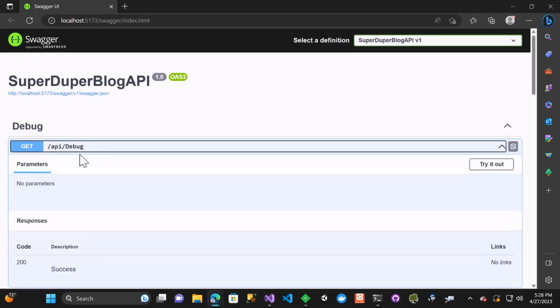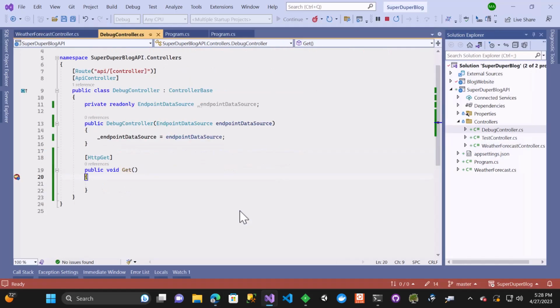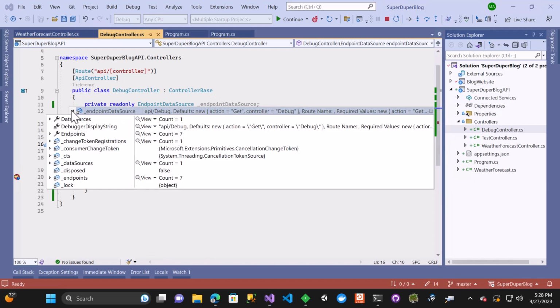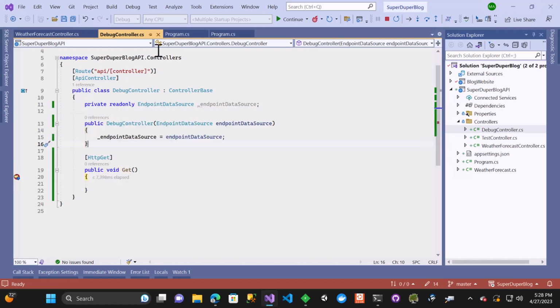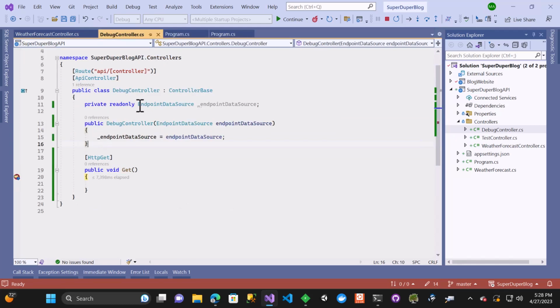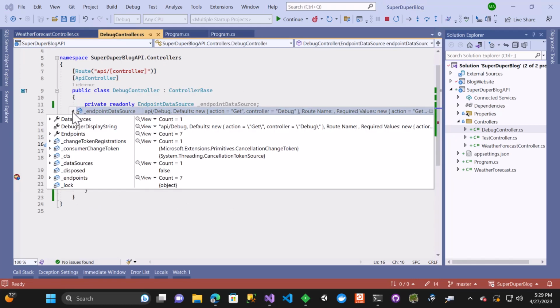And let's go to our API debug and do a tryout and execute. So now that we are inside of this, the controller was populated for us, and we can go now look at the endpoint data source, and this is pretty much the same thing as we saw before as part of this endpoint in here. So if you come over here and you expand this,